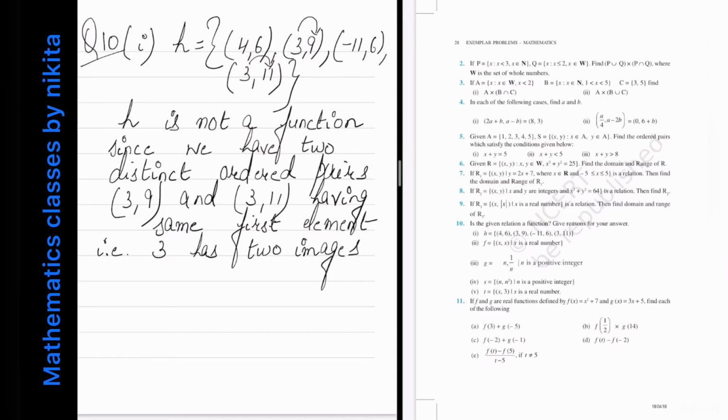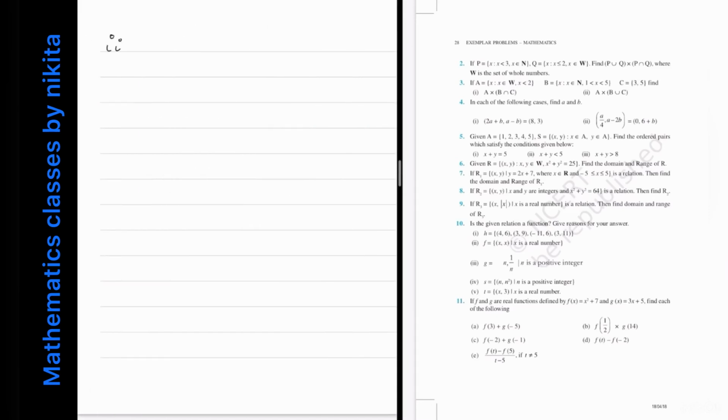Okay, now next part. In the second part it is given that f is equal to (x, x), x belongs to R. So x is a real number. Now see that the first element and the second element both are equal. So domain input is equal to output, and this type of function you have already studied. This is known as an identity function. So for each x in the domain, I have a unique image because the image is x itself. So I will say that f is a function